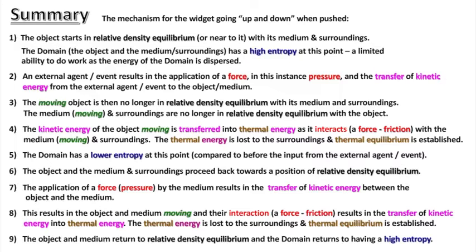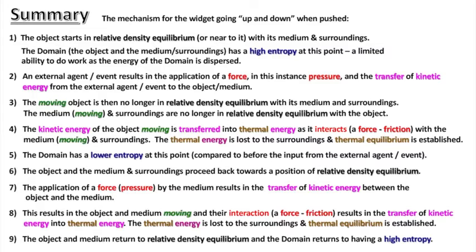5. The domain has a lower entropy at this point compared to before the input from the external agent event. 6. The object and the medium and surroundings proceed back towards a position of relative density equilibrium. 7. The application of a force, pressure, by the medium results in the transfer of kinetic energy between the object